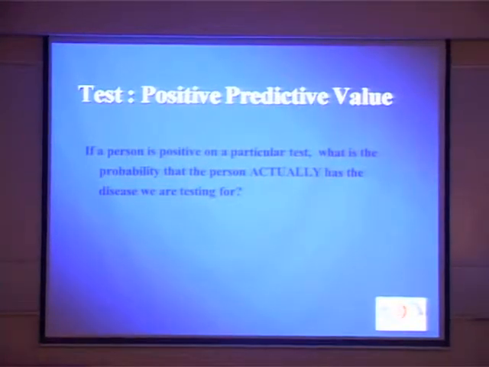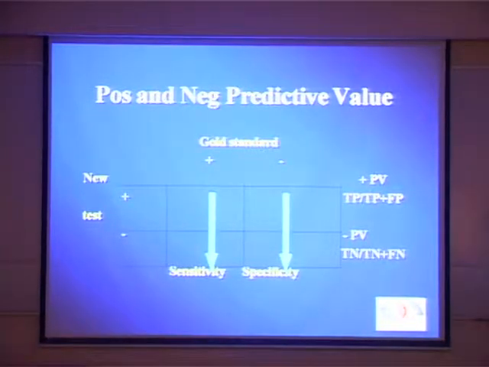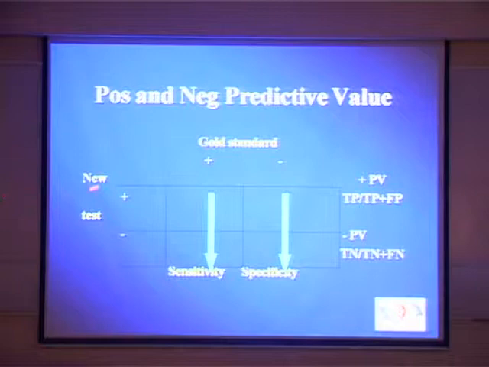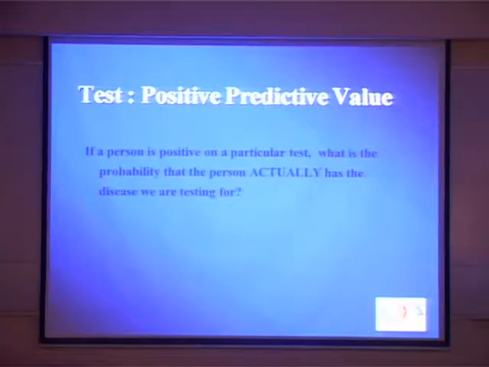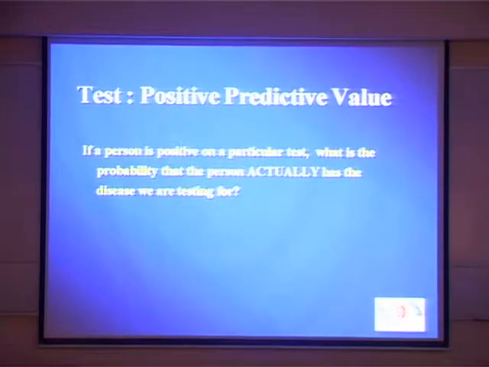So we go to the next concept, predictive values. Positive predictive value, negative predictive value. Basically, if the test is positive, what are the chances that the patient has the disease? That is what your predictive value says. If the person is positive on a particular test, what is the probability that the person actually has the disease we are testing for? So if I am checking intraocular pressure, or doing automated perimetry, and the test is positive with a certain cutoff, for IOP we can have a 21, 22 cutoff, for perimetry we can have certain criteria, Anderson's criteria, whatever criteria. If that criteria is fulfilled, then what are the chances that the patient actually has glaucoma? That is what the probability test tells us.